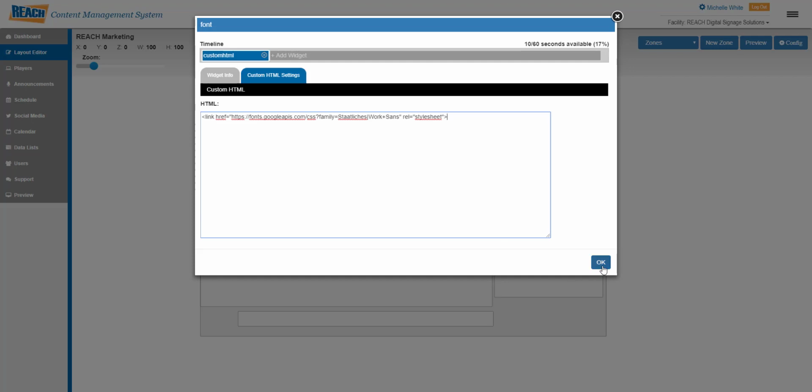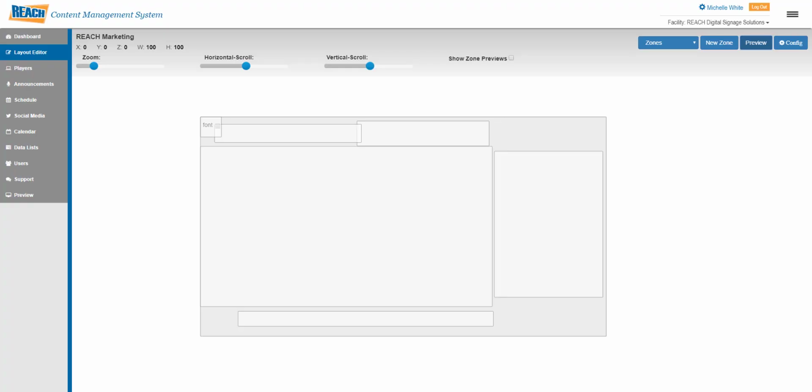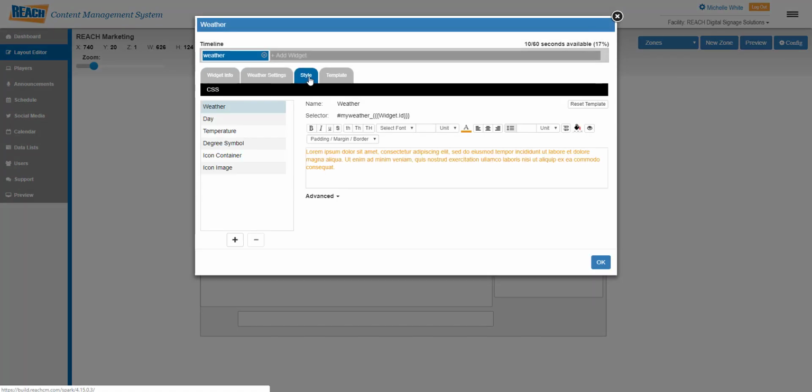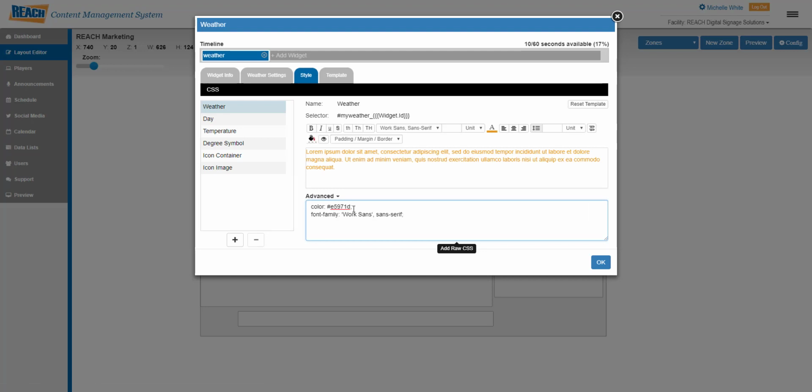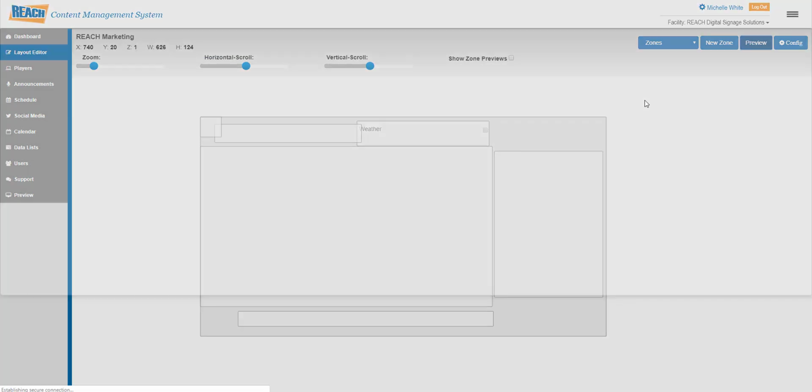All right, so again, now if I want to use the second font somewhere, here's all the CSS that I need to know. Control-C, again, I'm copying it. And now I can go to a completely different widget. I'm going to go to the Style tab, and I'm just going to paste it in here. So there's no need to be an expert on CSS or HTML or anything like that. But now when I go and preview this,